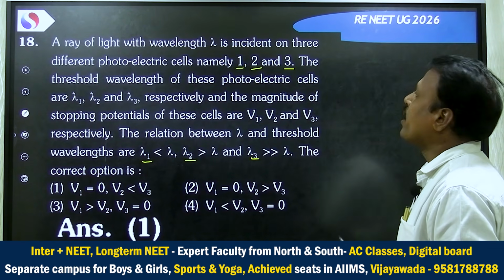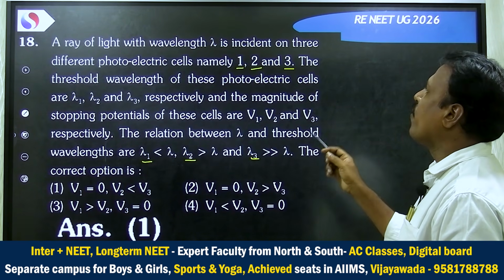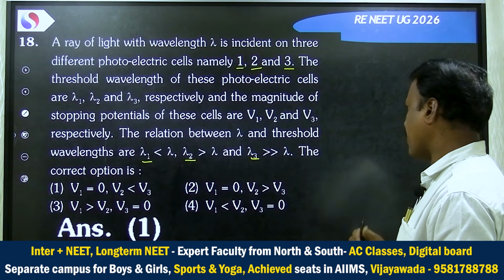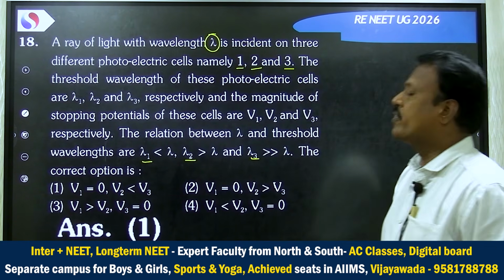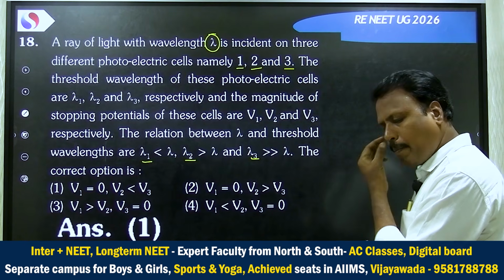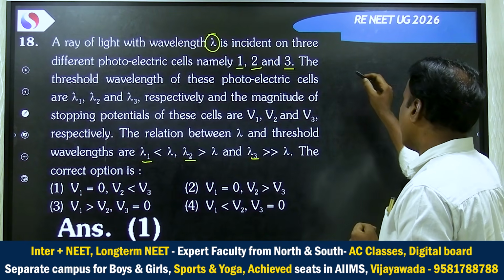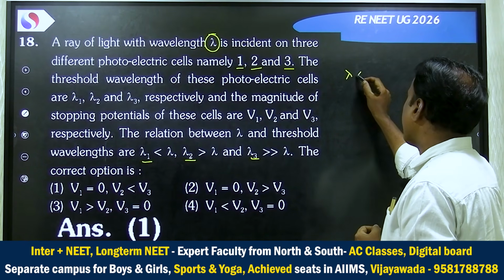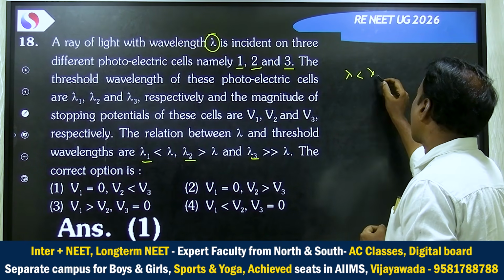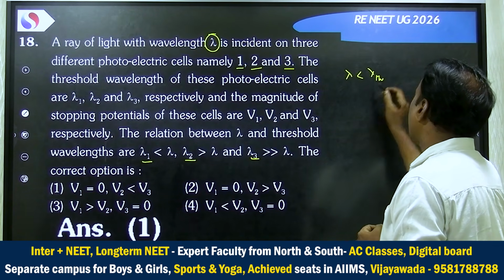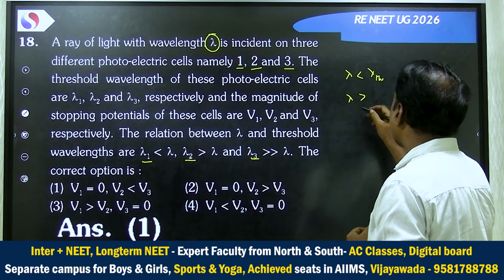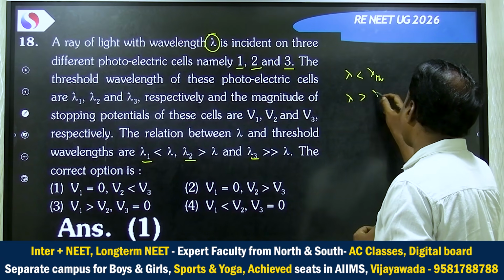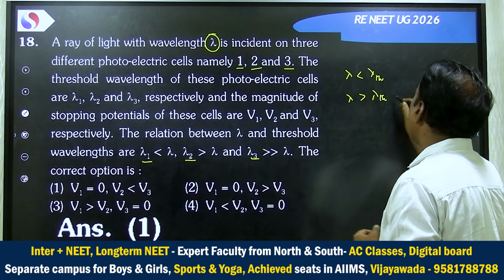Okay, so those 3 wavelengths are the threshold wavelengths of those particular materials, and the incident wavelength is given as lambda. But there is a condition. If the incident wavelength is less than the threshold, we will get photoelectric effect, and if the incident wavelength is greater than threshold, we don't have